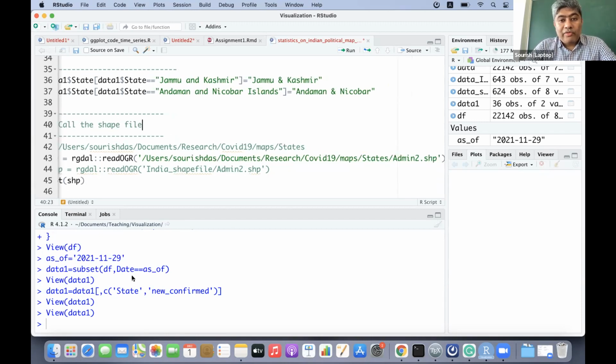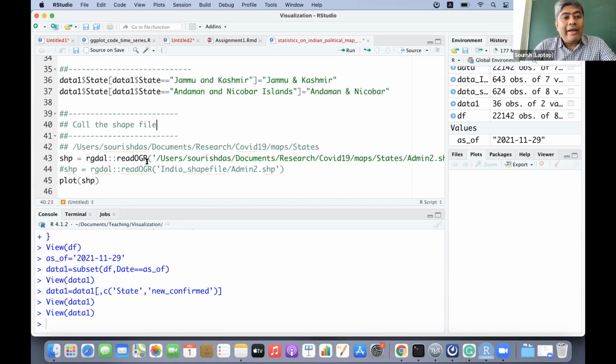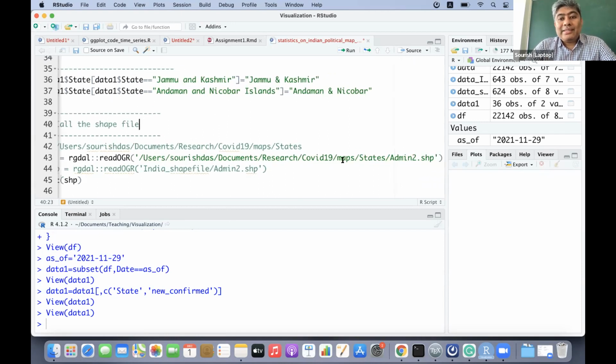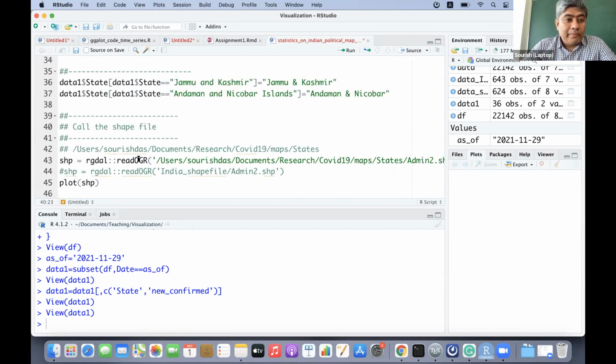There is a particular file called admin2.shp, which is a very heavy file. I'm using readOGR, a function in the package rgdal, and unfortunately this package will retire in 2023.